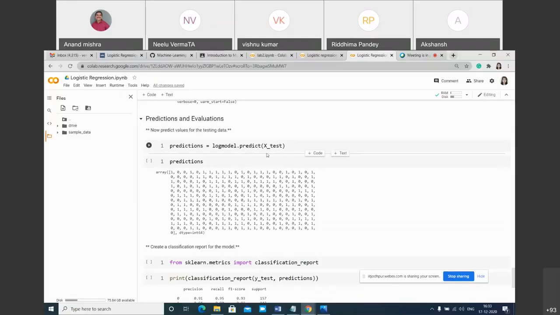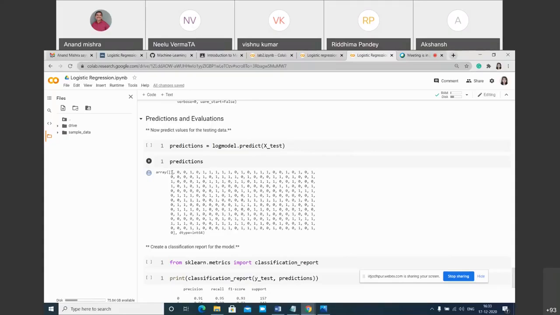So for the X test data set, it gives some predictions like 1, 0, 1, 0, because logistic regression is used for binary data sets, like whether you are saying yes or no, in the sense of whether you are going to purchase or not purchase, whether you are visiting this site or not visiting.